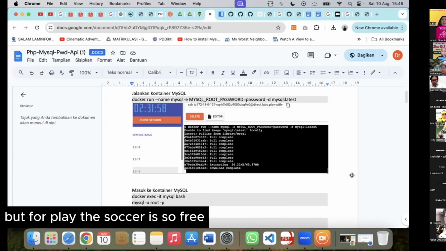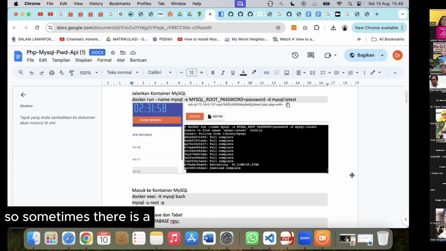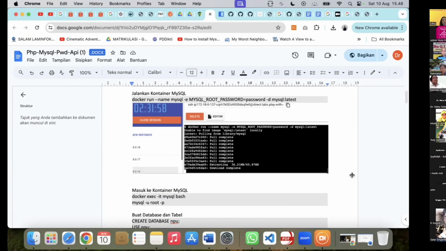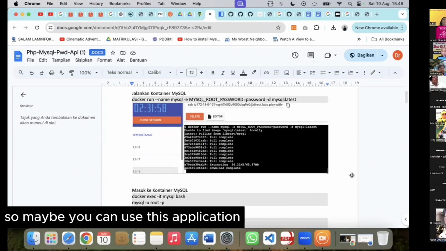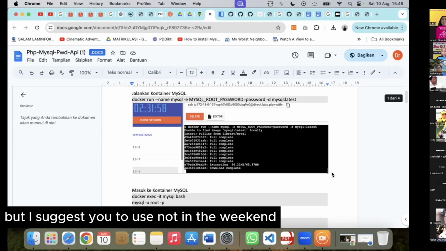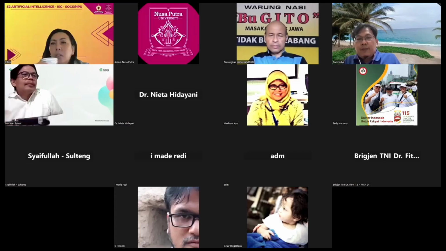Play with Docker is free, so sometimes there is too much access. So maybe you can use this application, but I suggest not on the weekend, maybe on a working day.